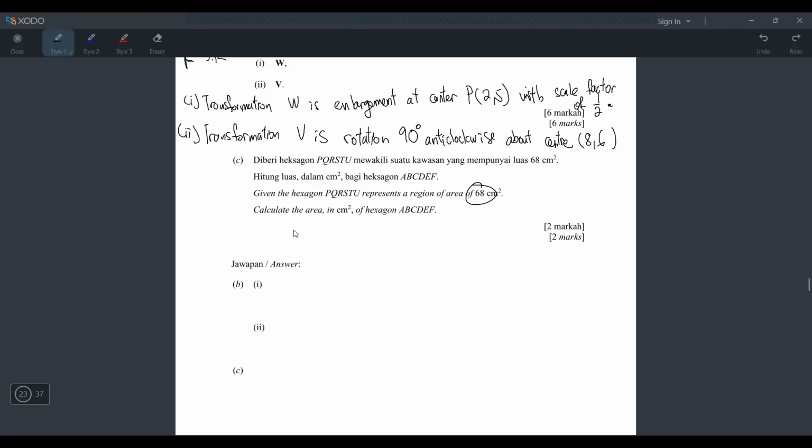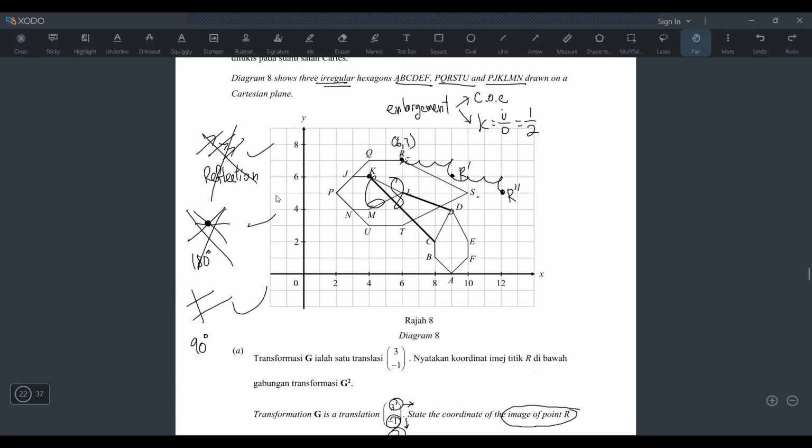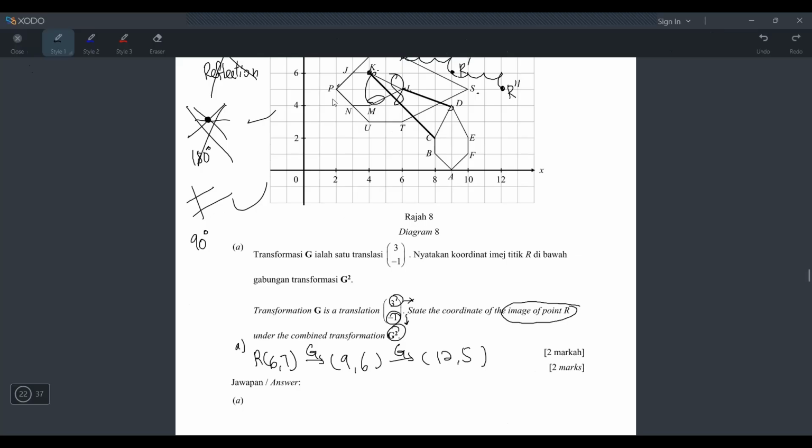Okay, when talking about area in this chapter 5, we always use what formula? Only one formula. So you have to remember the formula. Area of image equals K square times area of object, right? And what is the image in this case? We can refer to this arrow thing. First of all, what's my object? My object I have to write as PQRSTU, because this is the first one, the object. But for my image, you can write PJKLMN, and you can also write ABCDEF. It doesn't matter which one you write, because